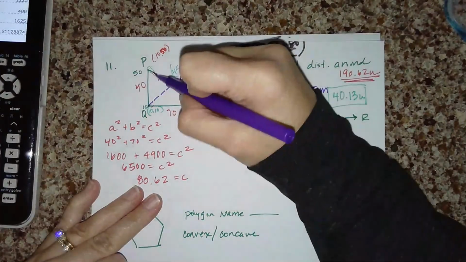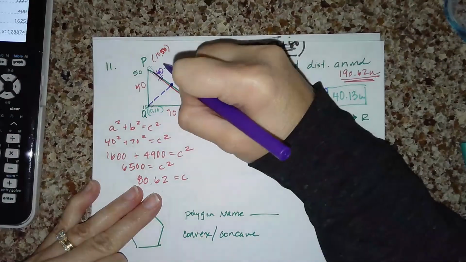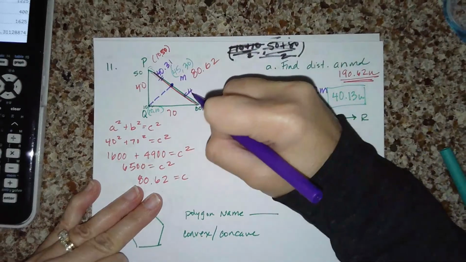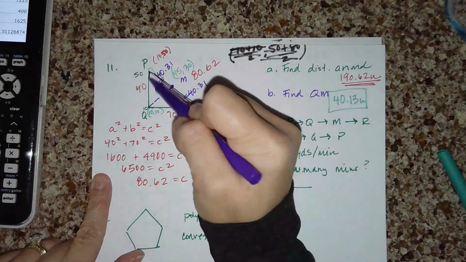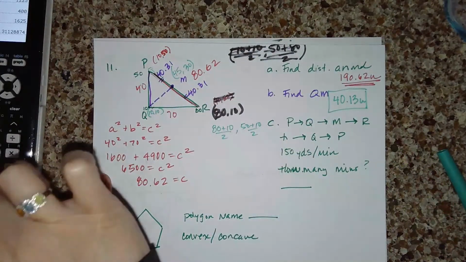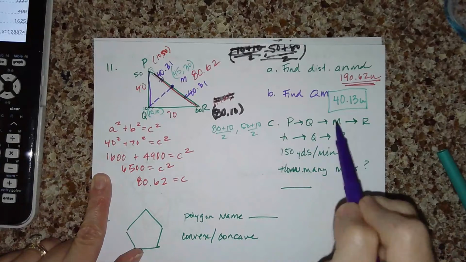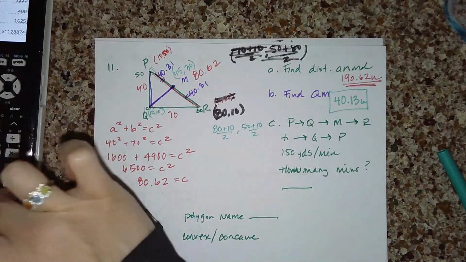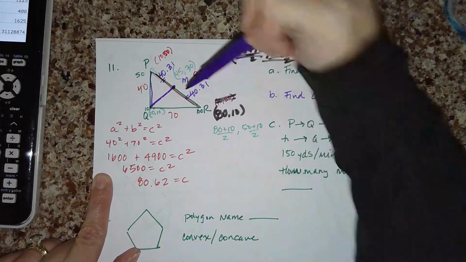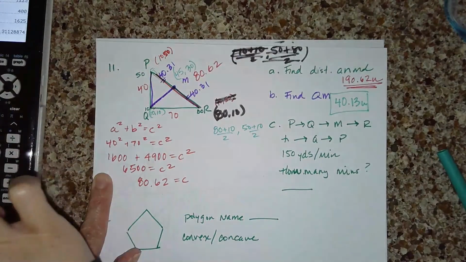This piece right here is about 40.31, we'll say, and this is 40.31. So if I'm going to add, first I'm going to go P to Q. That's 40, plus Q to M, which was 40.31, and then M to R, which is this piece, which is 40.31,